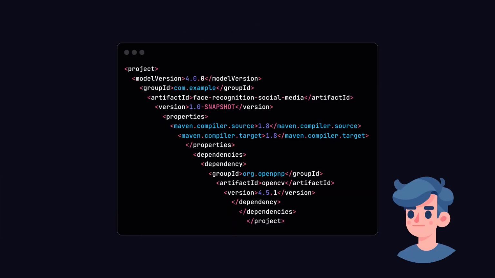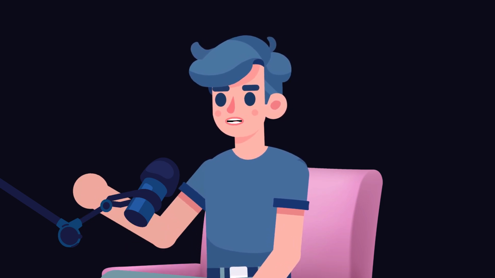We'll need to set up our development environment first. To set up your environment, ensure you have the following tools installed: JDK, Maven, an IDE like IntelliJ IDEA, and OpenCV. Start by creating a new Maven project in your IDE. OpenCV library will be critical for our face recognition functionalities. To include it, search for the latest version of OpenCV and add it to your Maven dependencies as shown in